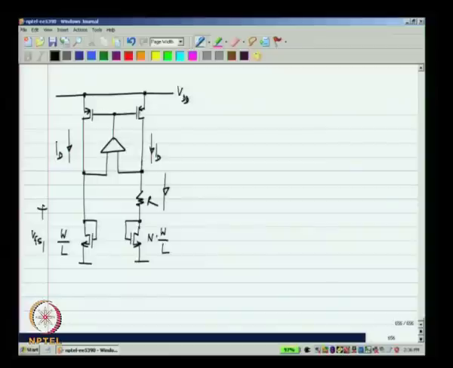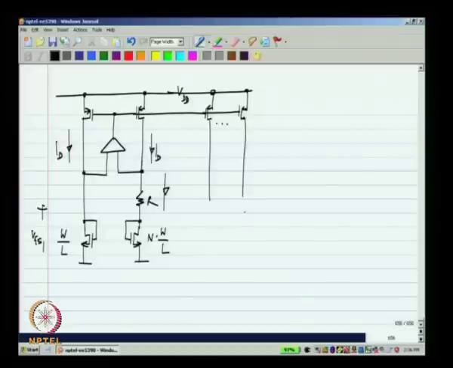Now, anything else that we want to bias, we can also replicate these currents and use it as many times as we want, and if we want to pull currents, we can further mirror it with an NMOS transistor. Okay. But one of the problems is, so let us say I want to bias a differential pair with this kind of a current. Okay.